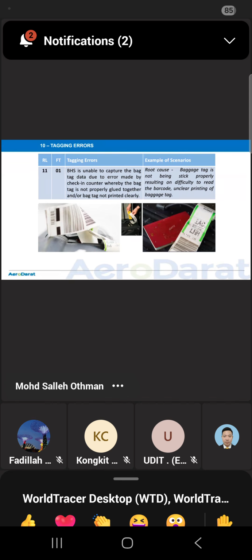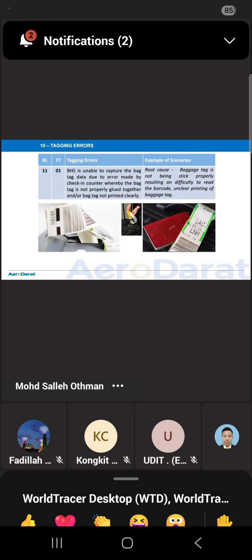Okay. If we see the baggage, for example, it is not tagged properly. I think you have to properly tag the luggage. They have a line behind there, so you have to put it together. And also, if there is unclear printing of the baggage tag, and you want to dispute, you say it's not my mistake because it's not a human mistake, the printer is not clear. The problem is with the printer, not the staff. You are wrong. Why?